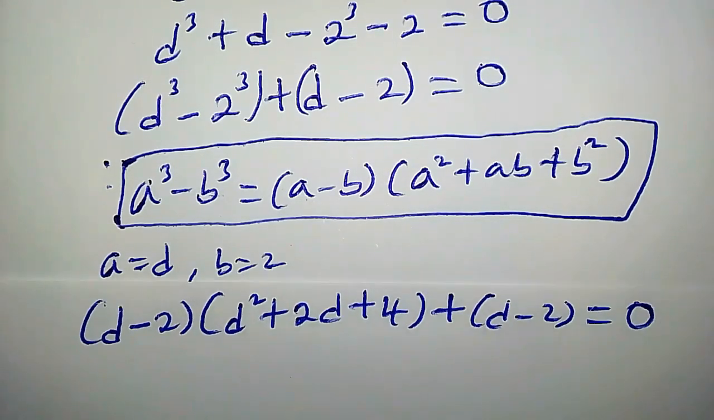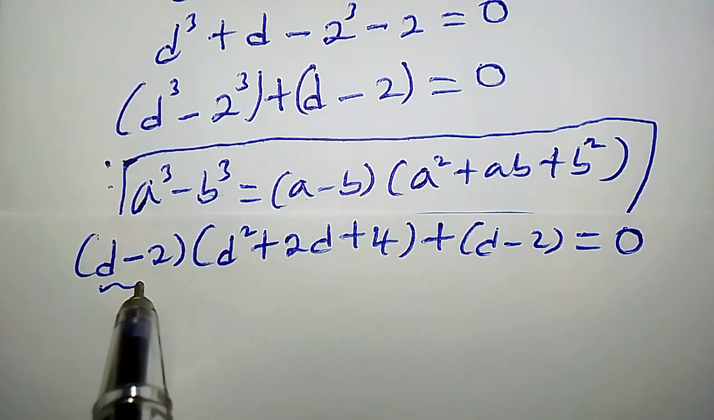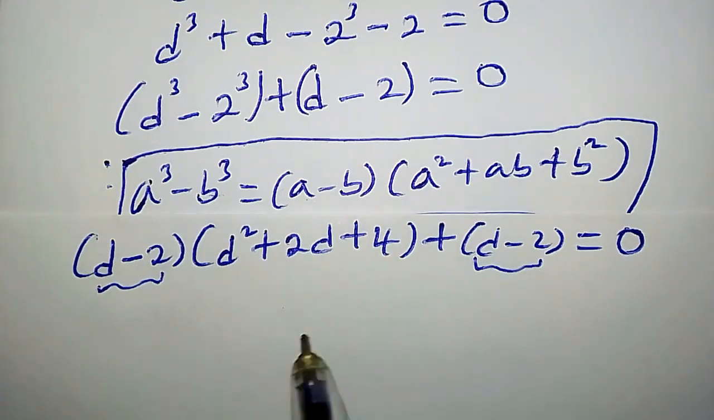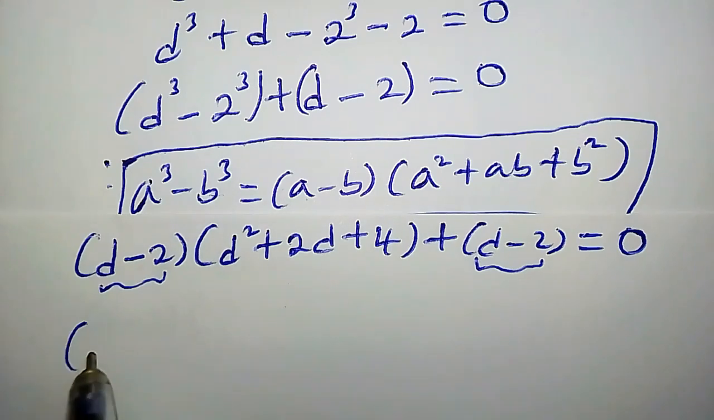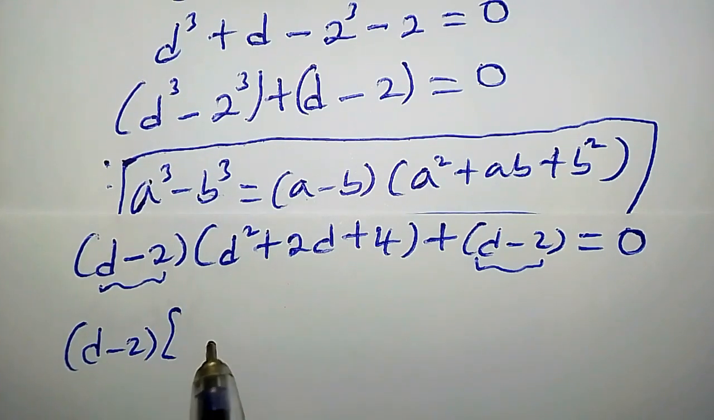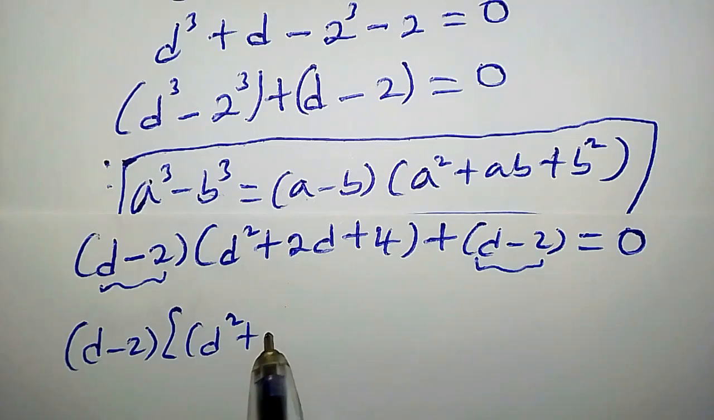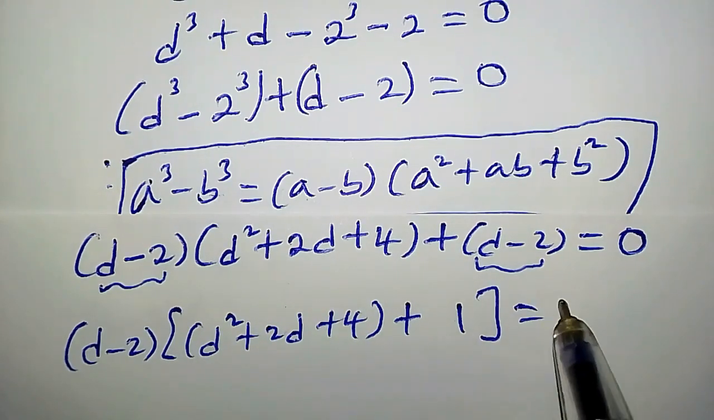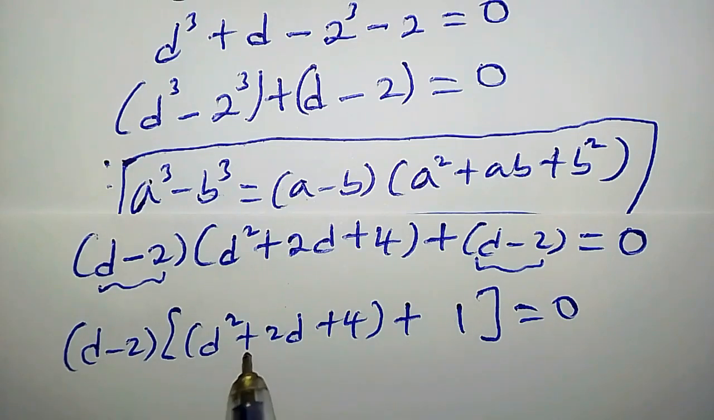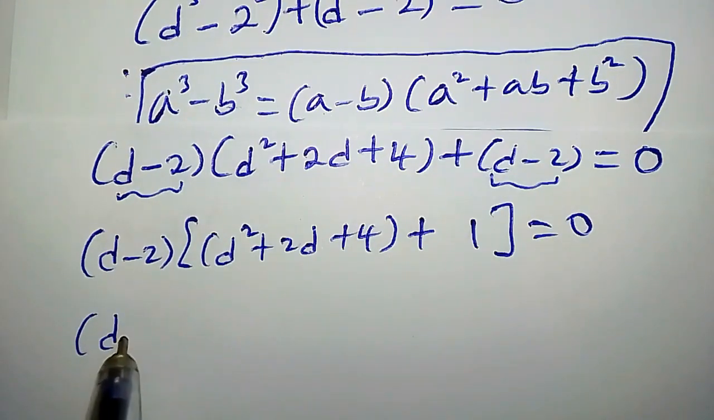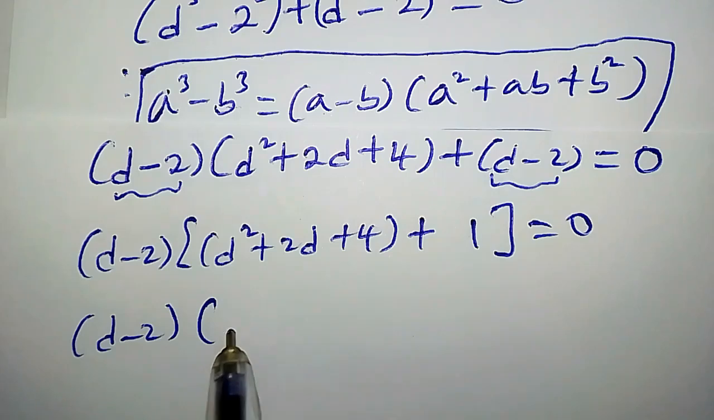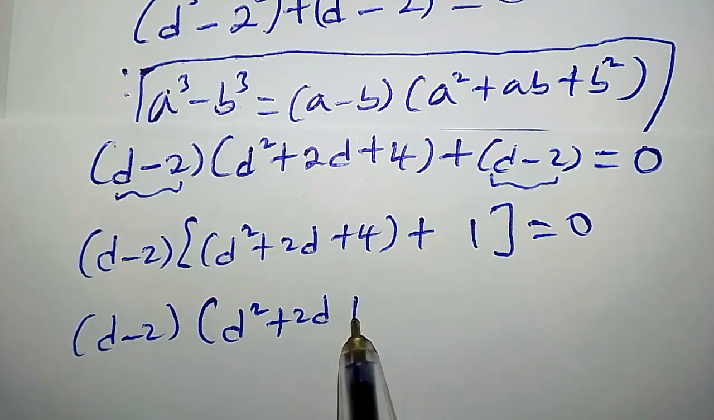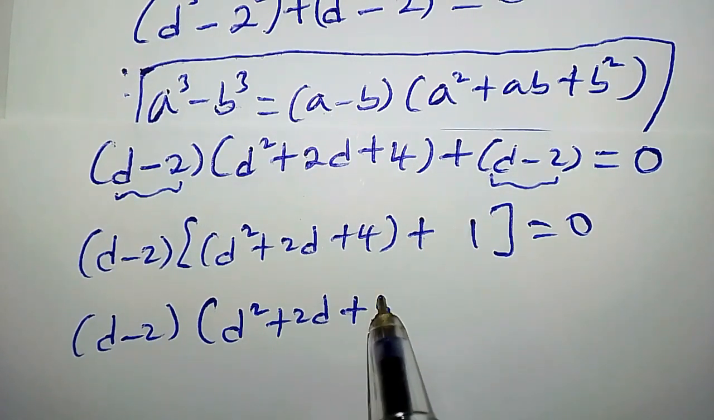to 0. Let's continue. You will notice that D minus 2 appears here, it also appears here. That means we can factor it out. So we have D minus 2 into D square plus 2D plus 4 plus 1 equal to 0, because D minus 2 times this guy, we have this back, and D minus 2 times 1, we have D minus 2 back. Let's continue. D minus 2 times D square plus 2D plus 4 plus 1, that is simply 5, equal